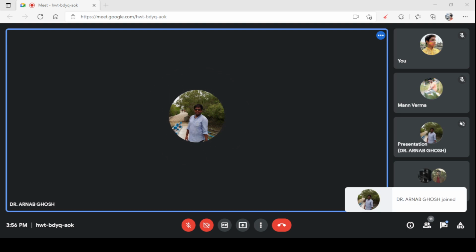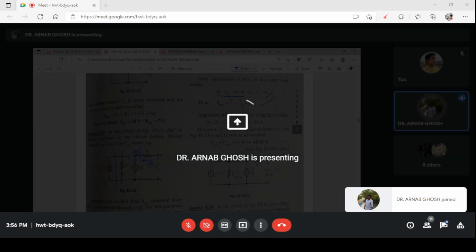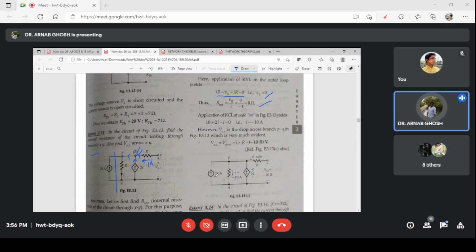Okay, so see, this is the internal resistance of 0 ohm. So now when you have connected the 10, calculating the voltage, this voltage will be equal to the voltage across this one. If you are applying KCL at this node, here the 10 ampere is entering the node, I is leaving the node, and 2I, 10 plus 2I minus I, and your I is coming out to be minus 10 ampere. Okay, so this is the current flowing through this.